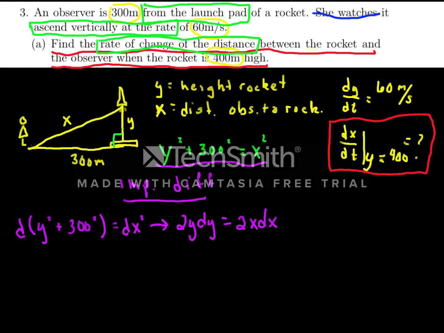So I divide both sides by dt. So I divide this expression by dt, and I divide this expression by dt, and I get that 2y dy dt is equal to 2x dx dt,